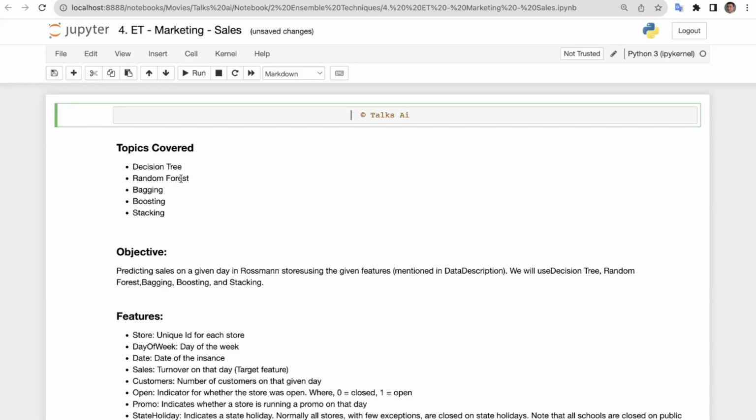So random forest is nothing but one of the bagging methods, where each tree is built from a sample drawn with replacement from the training set. It uses a random subset of features instead of all the features, and finds the best split among them. And bagging, which we just heard about, is also known as bootstrap aggregation, that uses sampling with replacement to generate multiple samples of a given size to build an ensemble of models